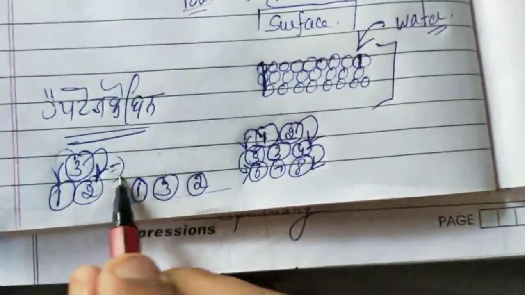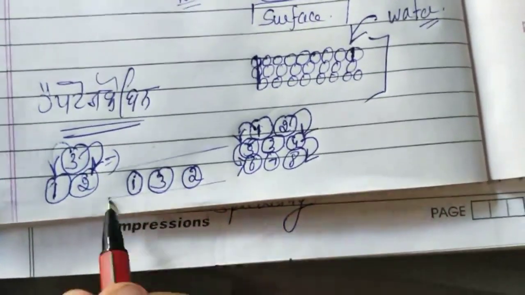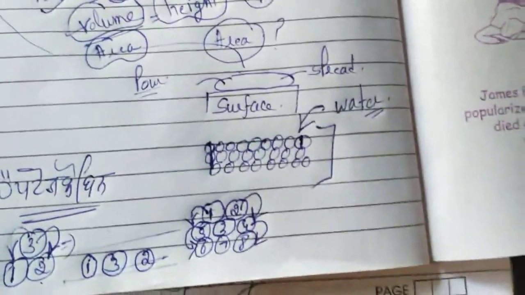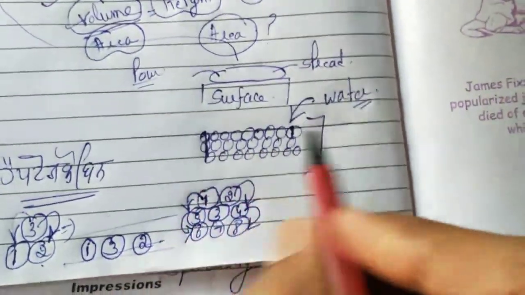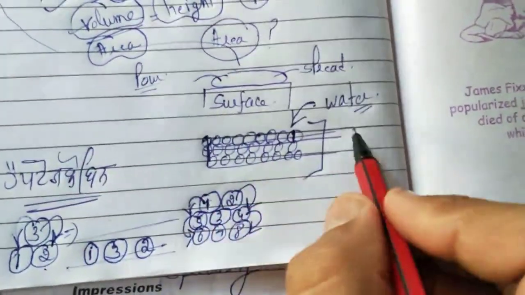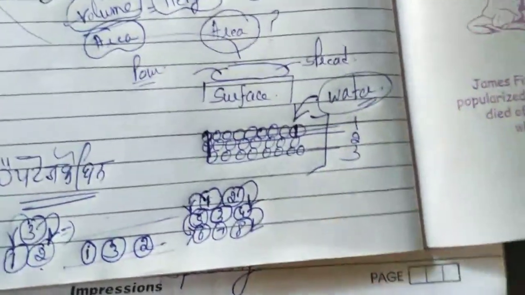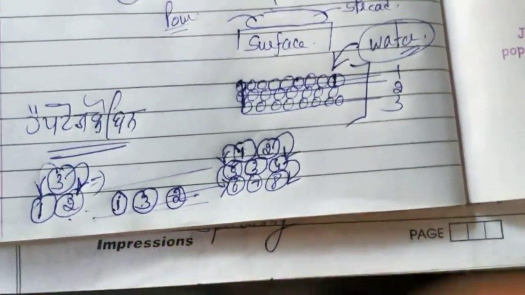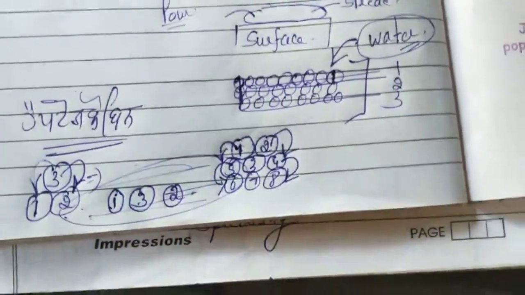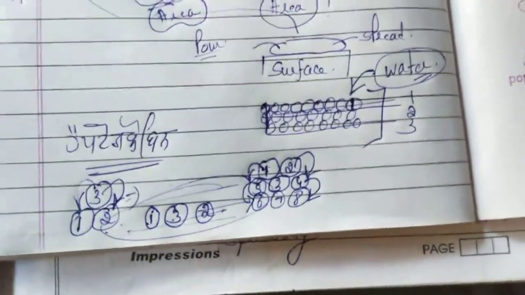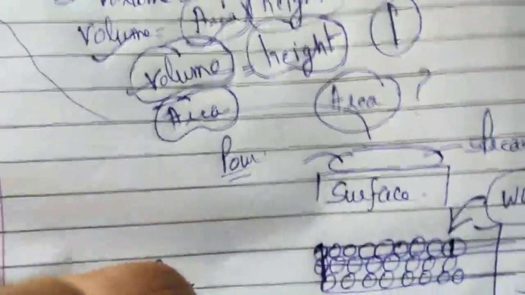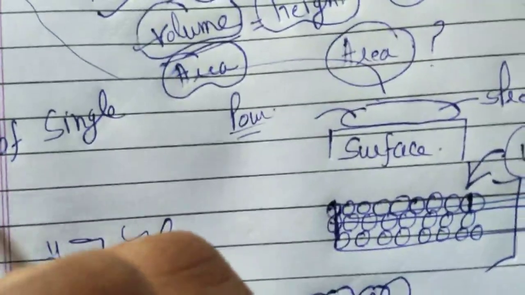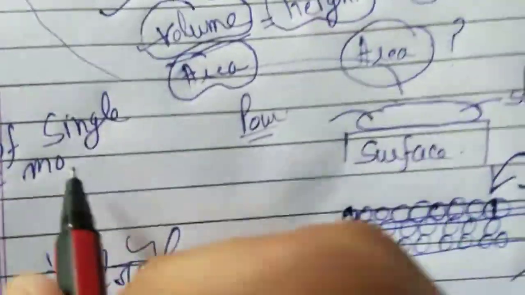What is the result of dilution? The result of dilution is that we are getting a single layer of molecules from too many layers. Suppose we have 3 layers of molecules, the 1st layer, 2nd layer, 3rd layer. If we dilute it with some liquid, we are going to get a single layer of molecules. Now if we calculate the area of this single layer of molecules, we reach our target number 2. Our target is to calculate the area of a single layer of molecules. Volume we have already calculated.